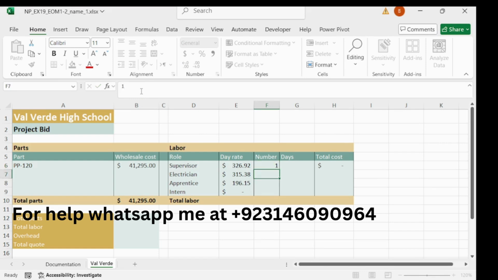Enter 1 and in F8 enter 2 and 2 and in G6 enter 8.00 and 15.25, 42.50 and 42.50.